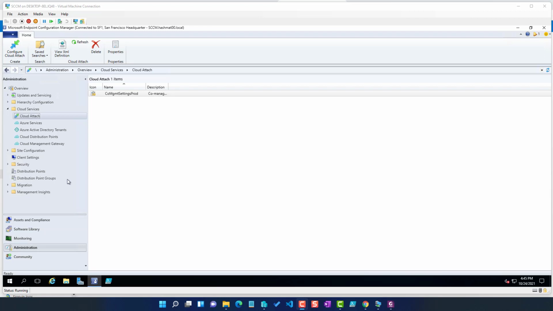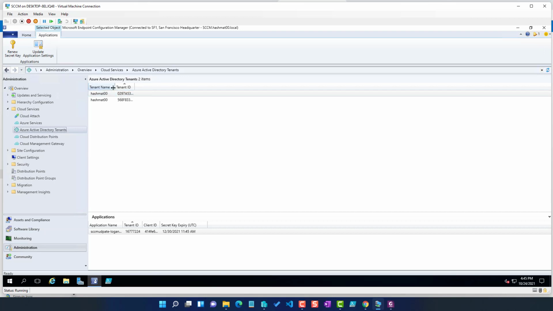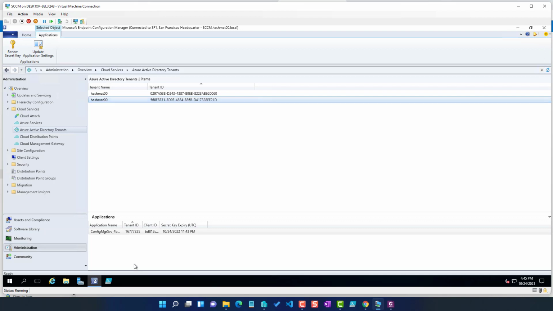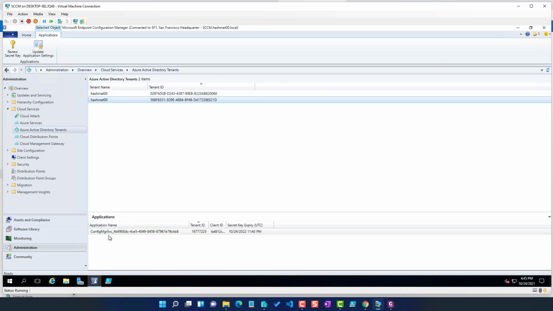If I come to the Azure services, you see it created cloud attached services, and if I come to Azure Active Directory, you see it's created another Azure Active Directory, and it created this service. I already had two tenants. This is the old tenant I was using, so I don't need this one. I'll clean up, but this is my new one, which it created this application, and this is my tenant ID